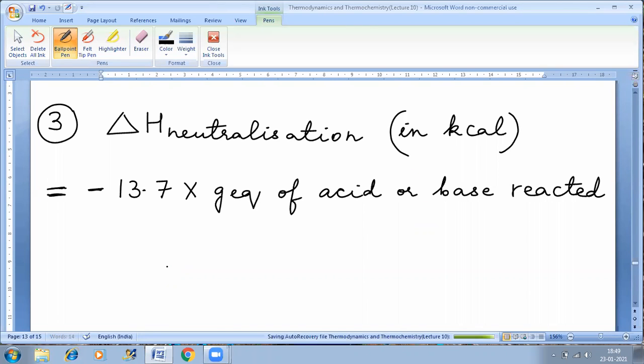Okay, minus 13.7 into GEQ of acid or base reactant. Very important. The word reactant is very important. Plus